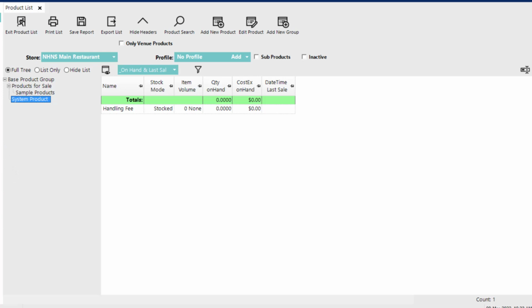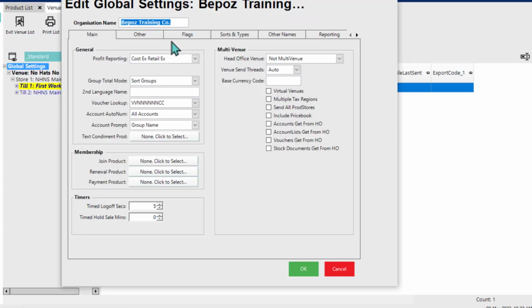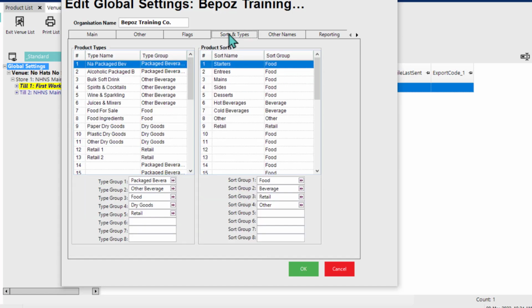So if we quickly peek back at those global settings, and I'll point out again where that handling fee product that I referenced a second ago is. That's where we set that here. But over to the sorts and types tab,